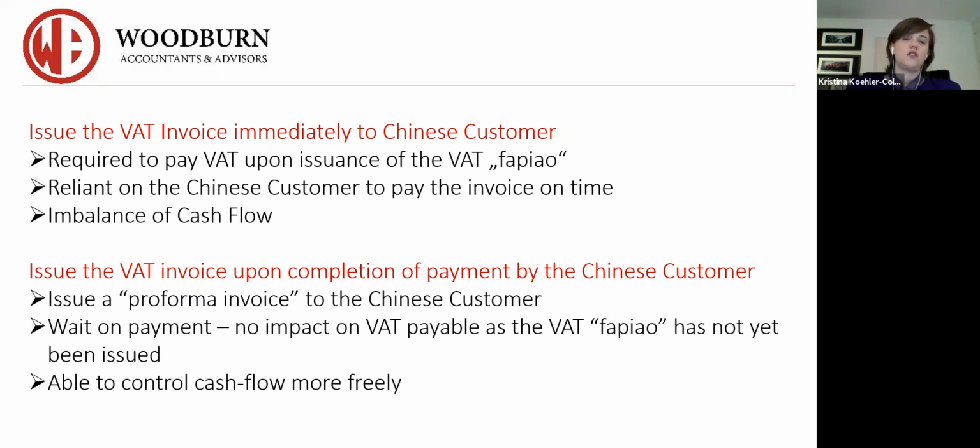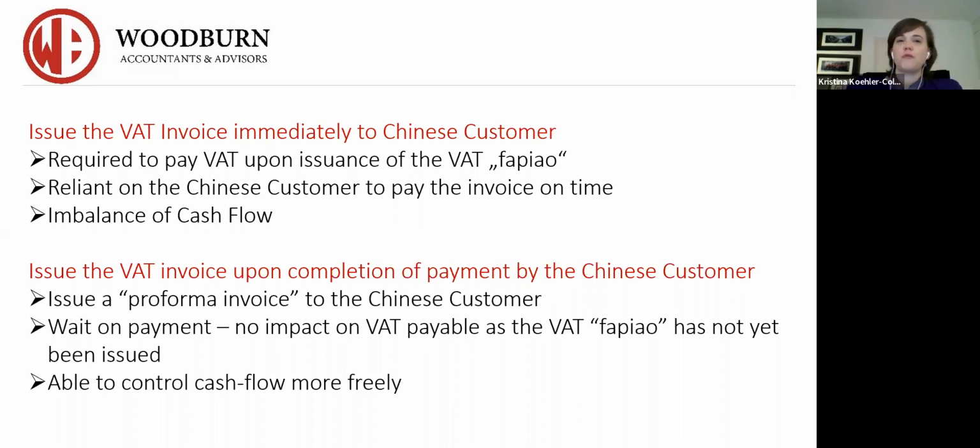Now, what this can cause over a period of time is if your customers don't pay you on time, you have an imbalance of cash flow because you're paying out the VAT payable without getting any income in. So as a startup, when cash is king and we want to be cash flow positive, my suggestion would be to tell your customers, I don't always know when you're going to pay me on time. You might not want to have that conversation with them, but in your mind, you're thinking, I don't really know when you're going to pay me or if you're going to pay me on time.